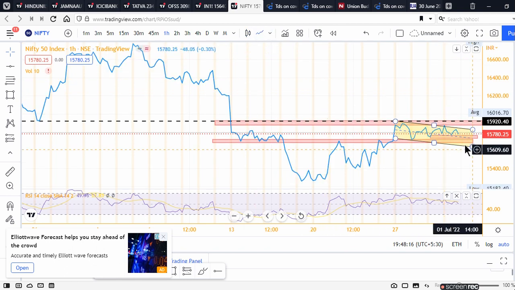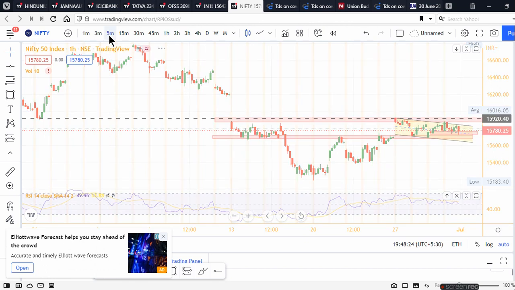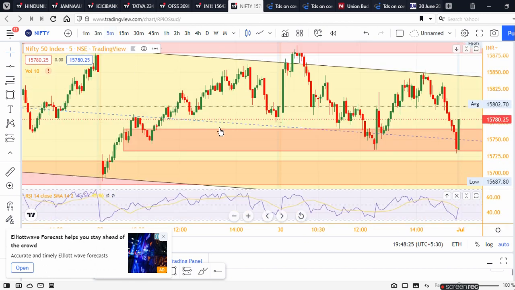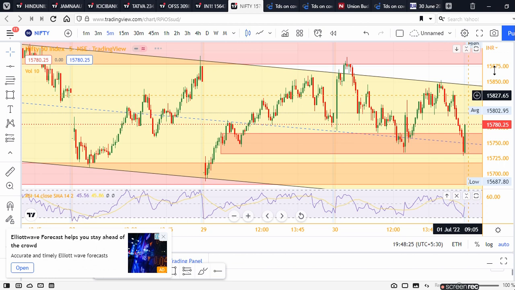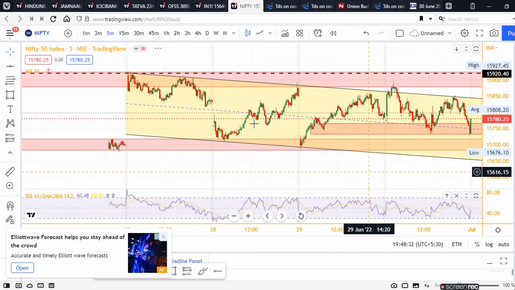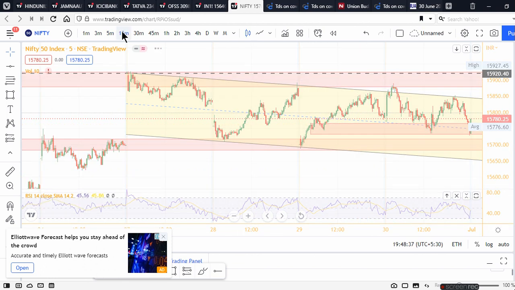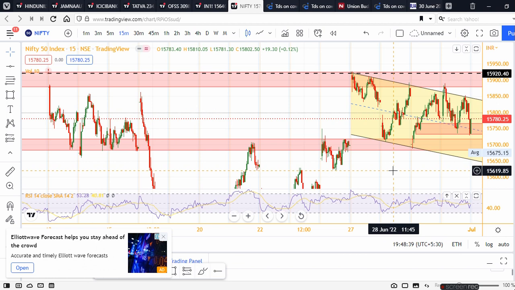Let me show you the line chart. The line chart clearly shows that this level is an important level, right? You can use the line chart and get the price action very clear. Okay, now let's go to 5 minutes, to see what can be the possible scenario tomorrow. Let's zoom in, and try to understand how to work in the market tomorrow if the market opens a certain way. And guys, these are not trading advices.